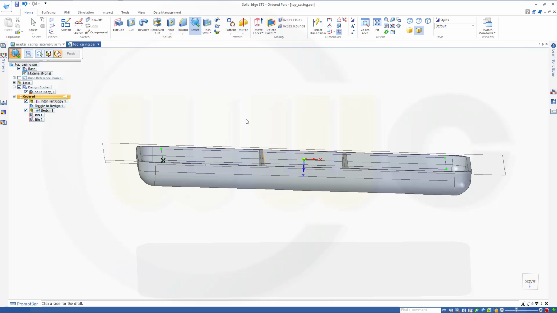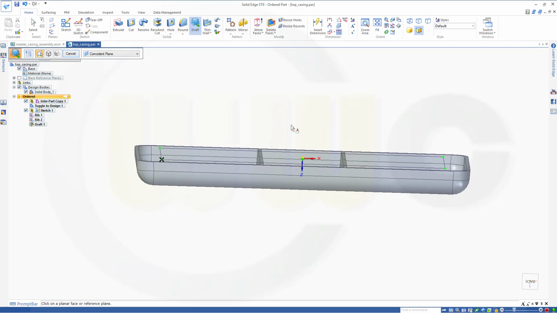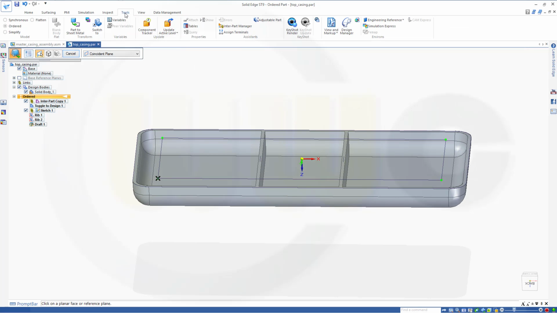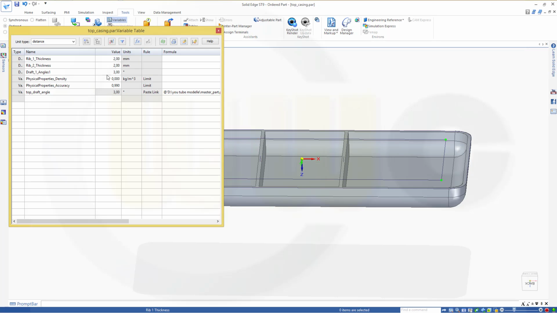Okay, now that angle. Finish this. Let's go to our tools, variables, and that angle right here should be again